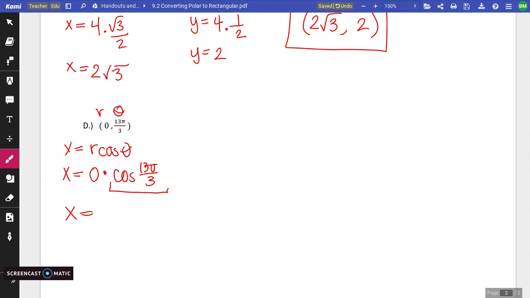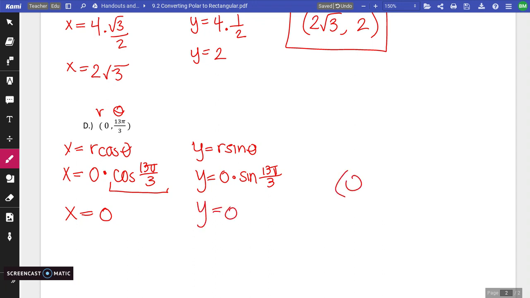So 0 times anything, still 0. Same thing with y. I have r sine theta. Y equals 0 times sine of 13 pi over 3. Same idea, 0 times anything, still 0. So this point in rectangular is on the origin, and in polar, it would be on the pole at the center because we're moving 0 units